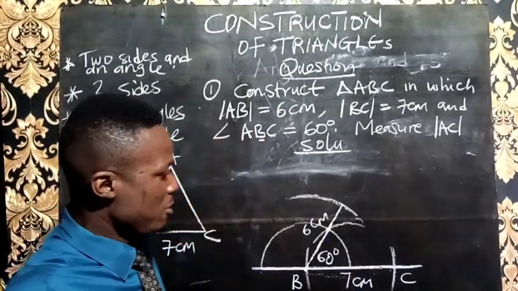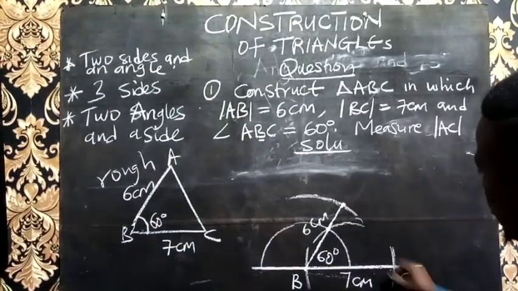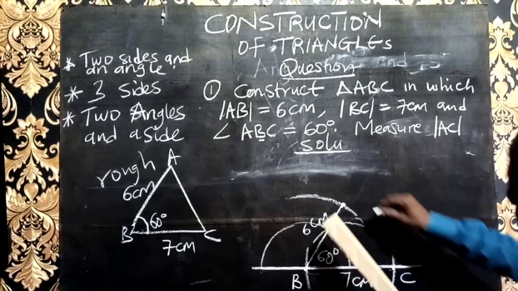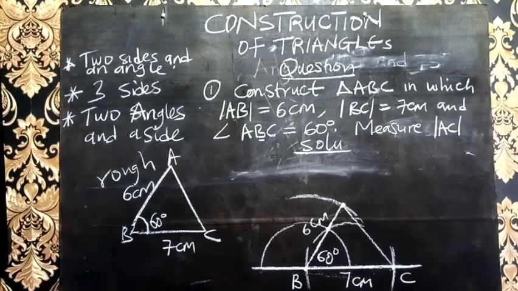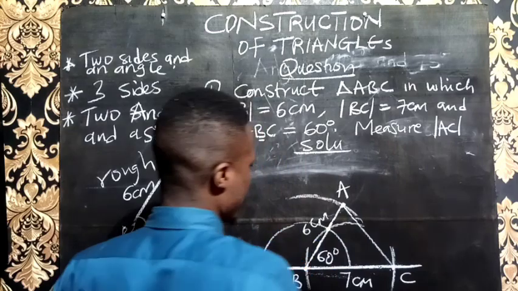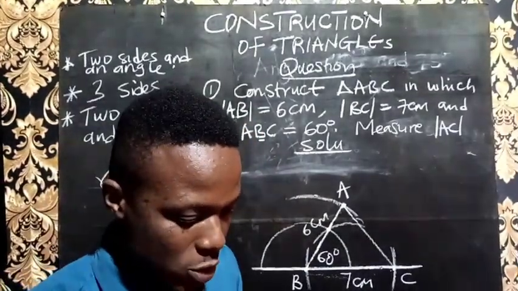Then having done that, you've almost finished doing the task. From this point, use your ruler and join to the other point where you have the C to complete the triangle. Then you join from here to here. Finish, then call here A. You have just constructed the required shape. Then they ask a question that you should